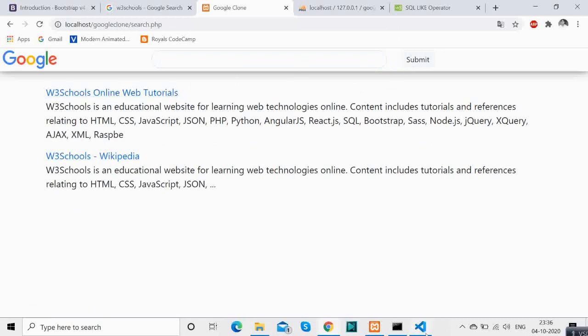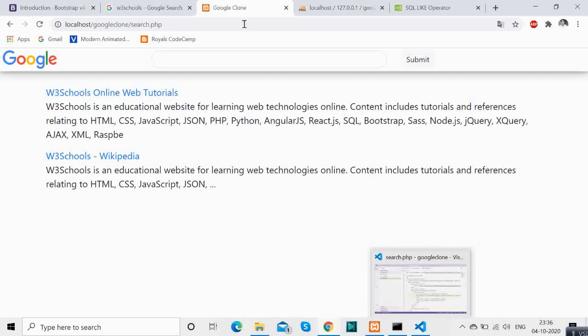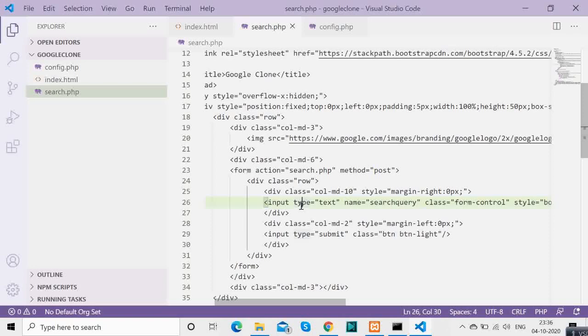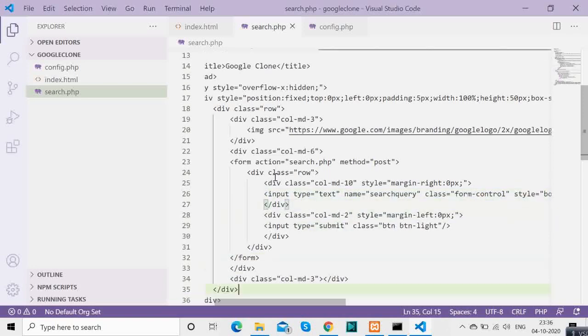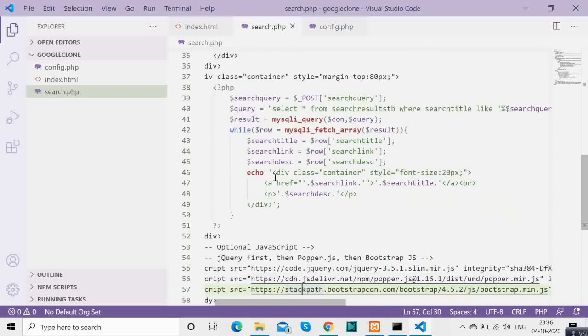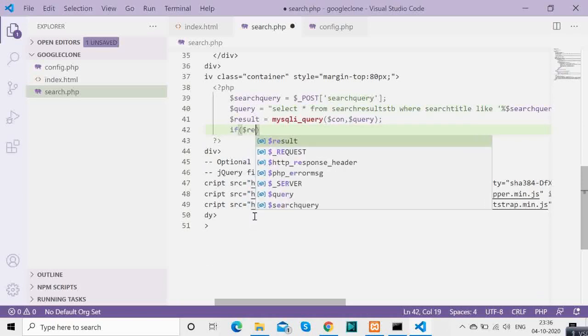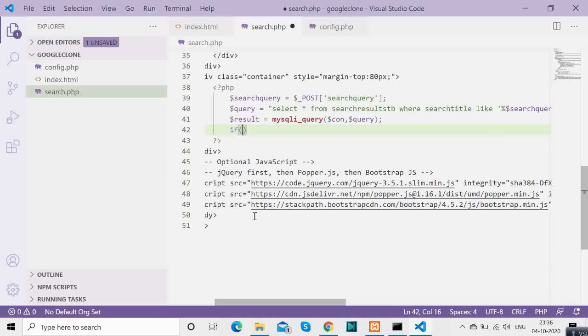Now, one more important thing is, what if something is not there in the database? What will happen in that case? For that reason particularly, we had this if else statement, where if nothing inside the database matches our query, in that case we will render that no records have been found. You will see something similar in Google.